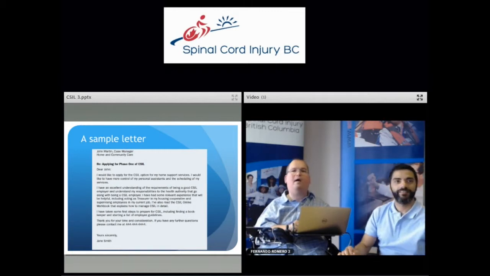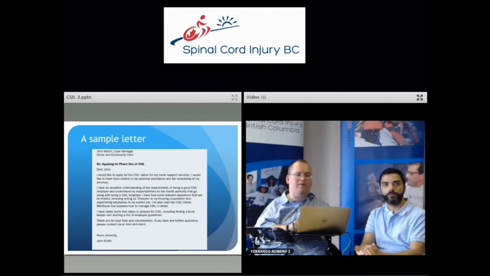Utilize this letter and others. It's simple. As you can see here, it's not a long, drawn-out process. It's just a very few paragraphs that you can write. Because you have the basic interest, you have some excellent understanding of the CSIL program,